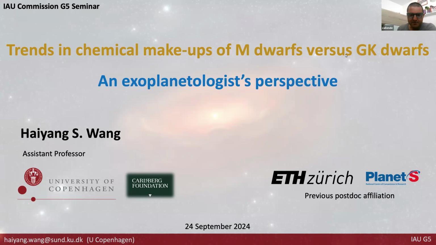His interests go around the solar system and exoplanet systems. He has developed models around understanding the connection between the chemical compositions of stars and their planets. And today he'll be talking about very interesting work on the chemical abundances in M-dwarfs and how they compare to the more traditionally studied objects for the chemical evolution of the Milky Way using F, G, and K dwarfs. Haiyang, please. Yeah, thanks a lot.